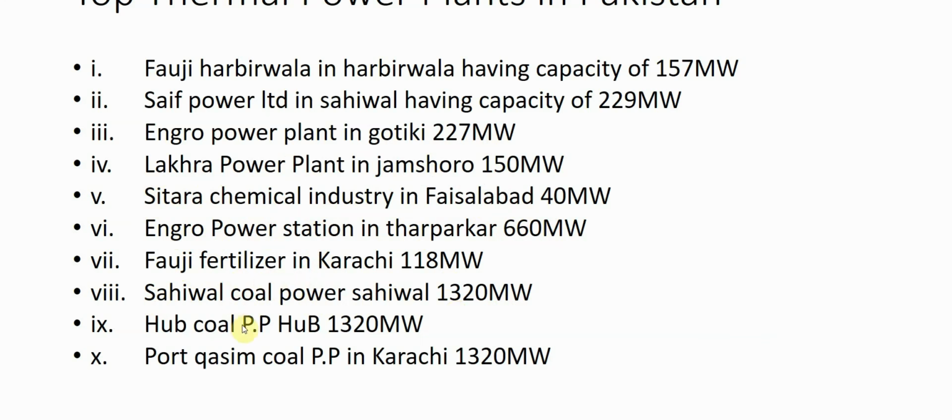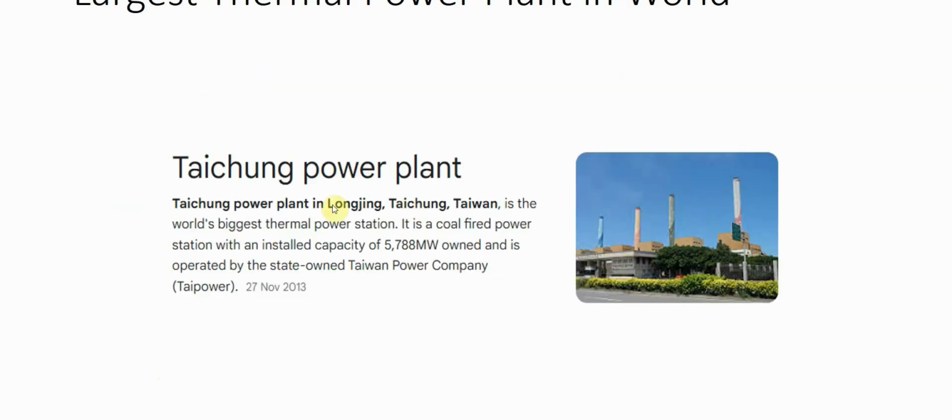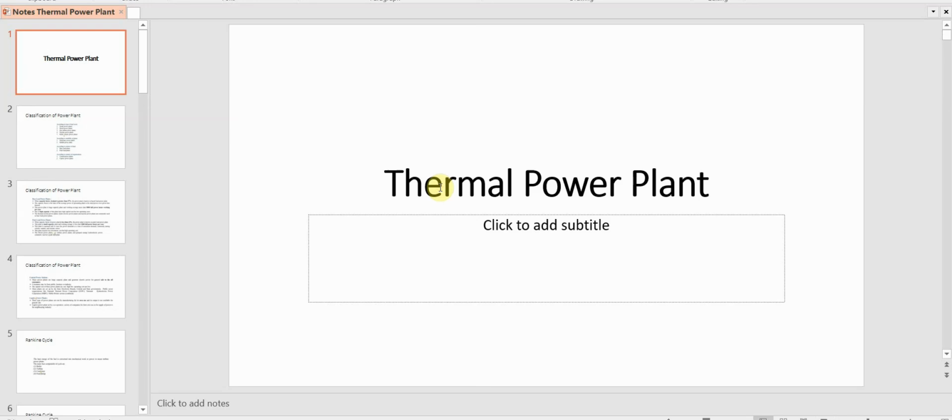1320 megawatt, Hub Coal Hub 1320 megawatt, Port Qasim Coal Karachi 1320. And the largest thermal power plant in the world is Taichung Power Plant. You can see here it is in Taiwan. Its capacity is 5788 megawatt. So this is the end of today's